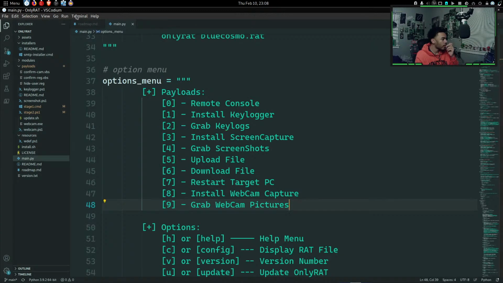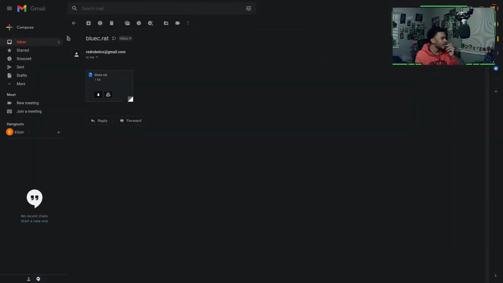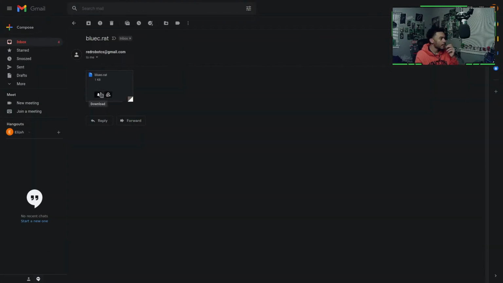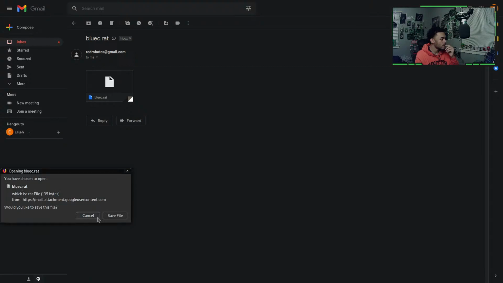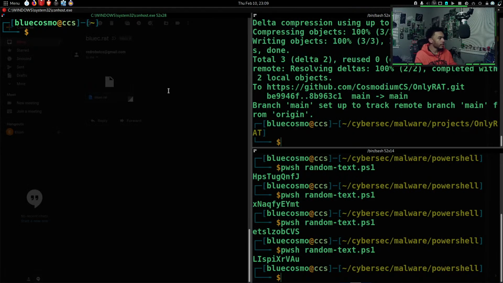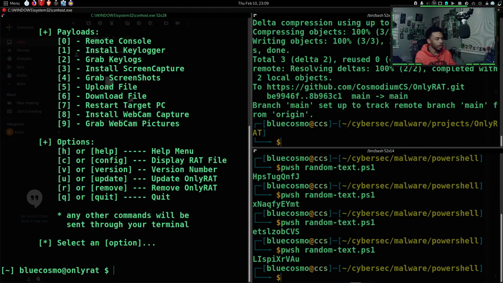So if we go onto our Gmail, we got a new email, and we can download and save this file. Cool. So if we go in our terminal, we can move that into here. We can sh partition and then run our only rat on our new file. So if we do option 8 to install the webcam,